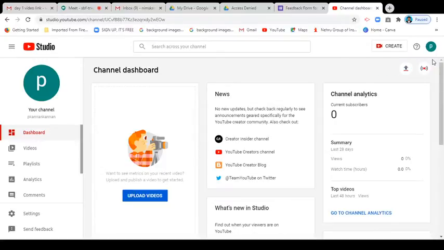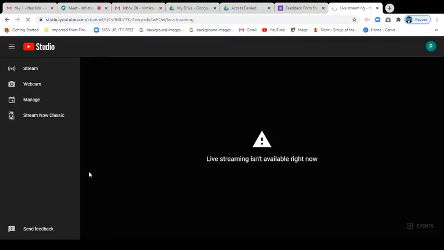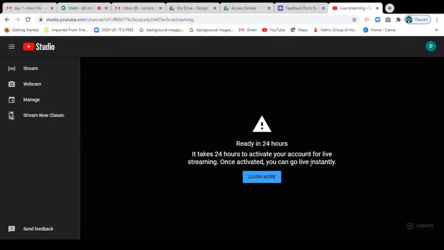So when you want to activate live streaming, you click go live, you just click the button, and you receive the message that live streaming is not available right now. At that time if you enter, it automatically goes to activate the channel account. There you can give your country code and your mobile number.